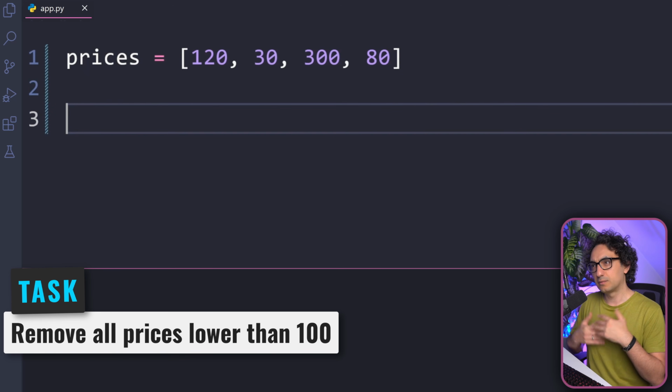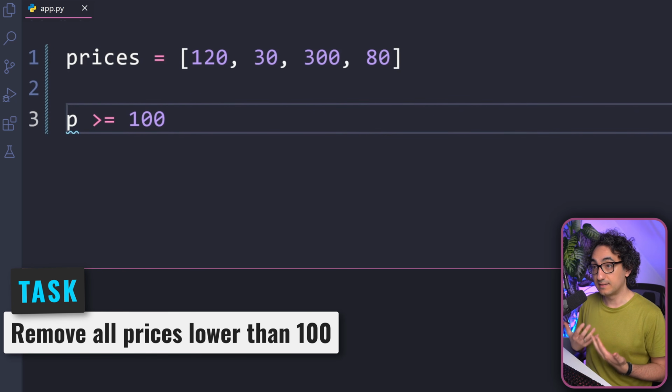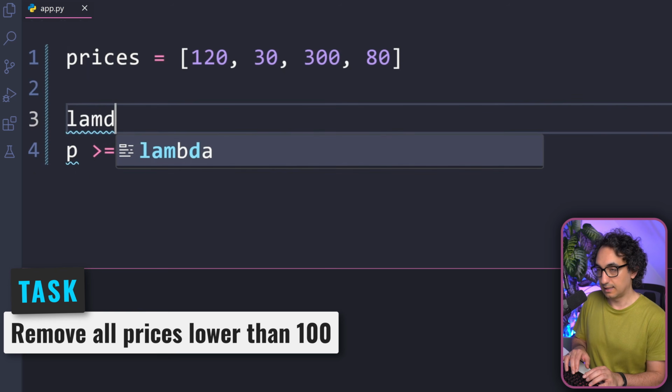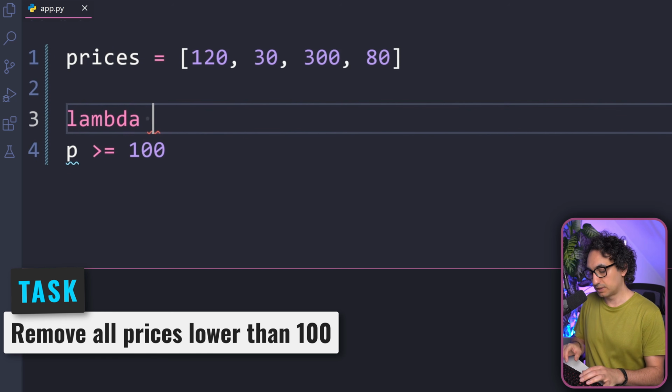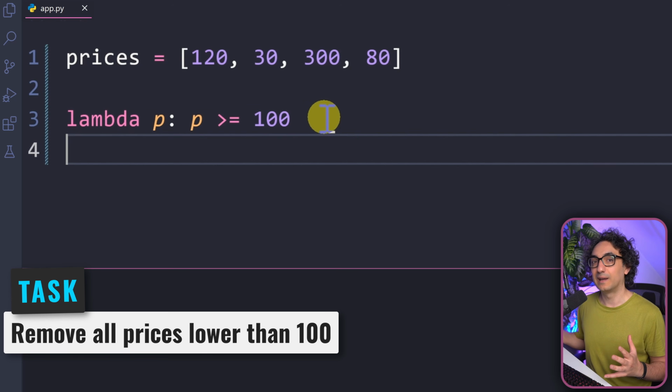Now the first step is to think about how you're gonna write the condition, the logic for the filter, and it's gonna be very simple. The price is gonna be higher or equal to 100. So this is the logic. Now in order to use it for this data structure, we have to go and use the help of the lambda. So we're gonna say lambda, and we're gonna pass for it, of course, one price. Now the question is, what we're gonna do with this price? Well, actually we're gonna check whether it is equal or higher than 100. Okay, so we have the logic.